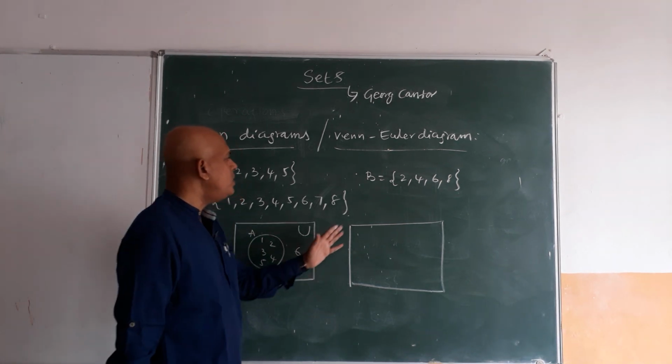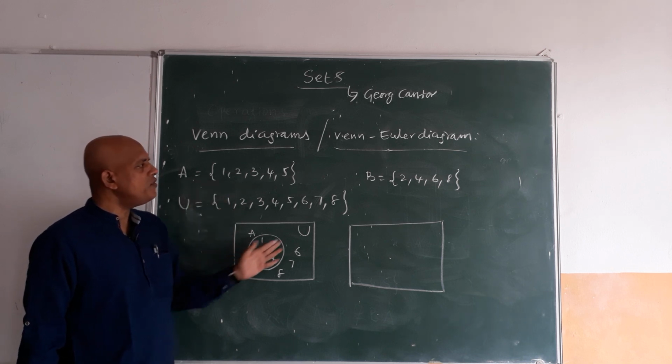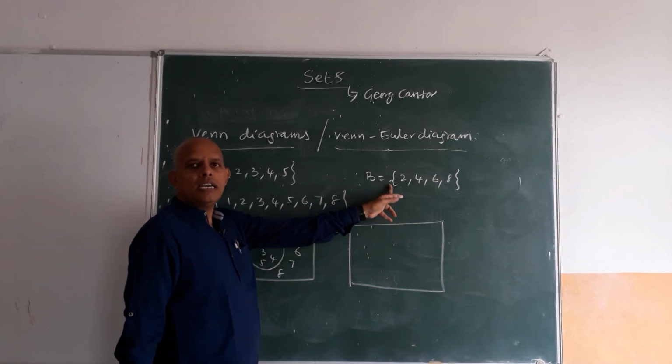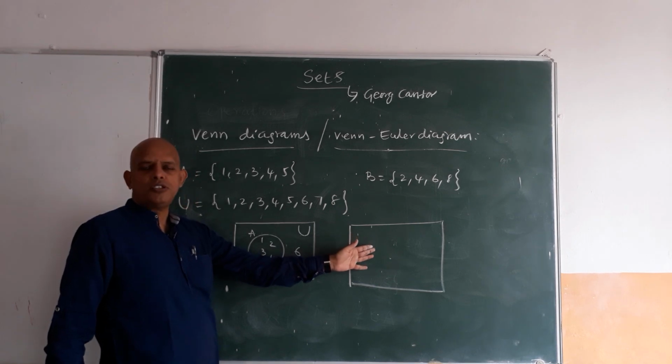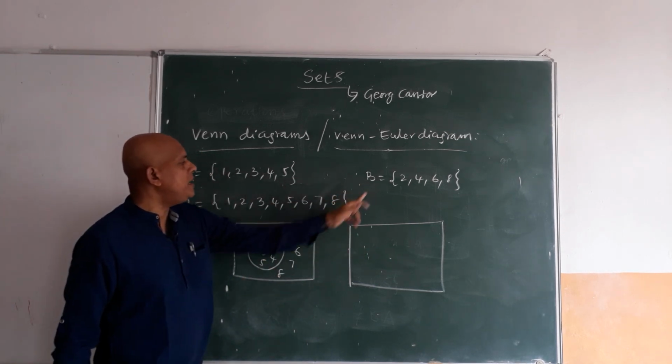Okay, children. Before this we took the example of one universal set and one single set. Now we are taking A and B. In this we can take 2, 3 or 4 sets also, but in the 10th class it is restricted to only 2 sets. So let us take A and B as the sets.